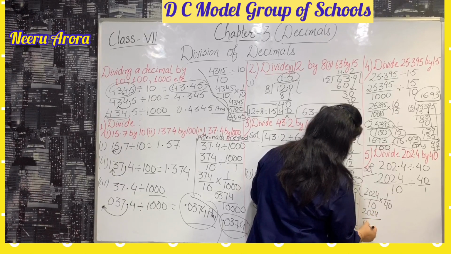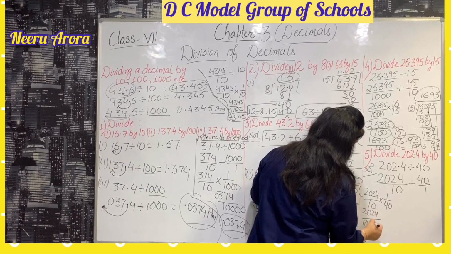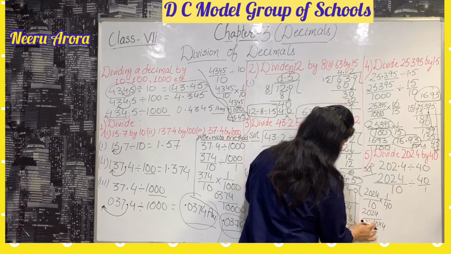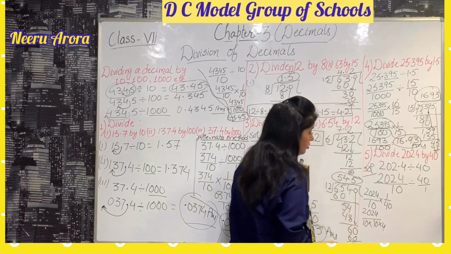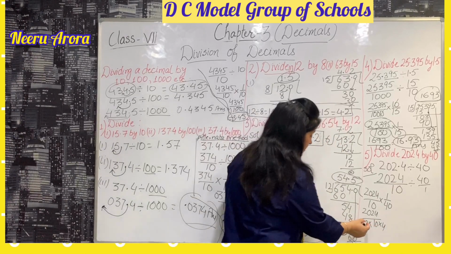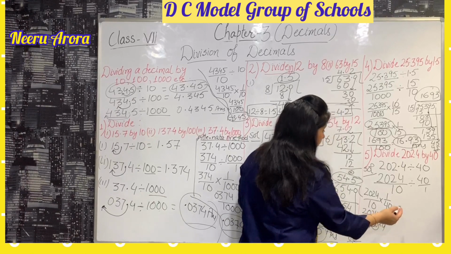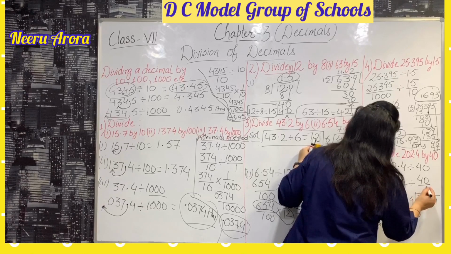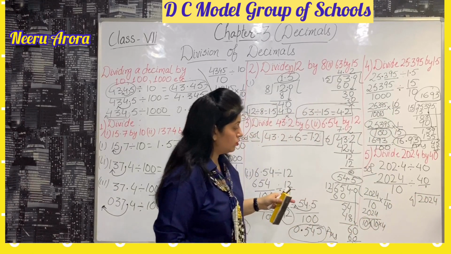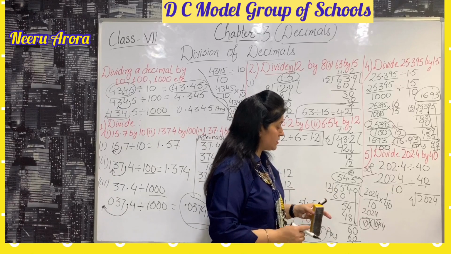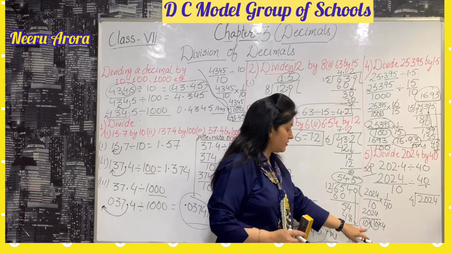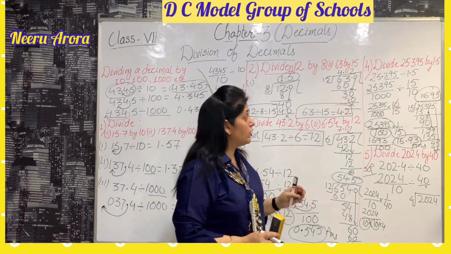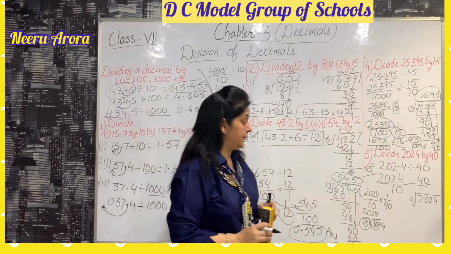So this remains as it is. What we will do? We will write 10 and 4 separately. 10 into 10 we have first. 40 can be written as 10 into 4. So we will not touch this 10 and this 10. We will divide 2024 by 4. In all these division sums, we will avoid these 10, 100, 1000 initially. We will use it at the last. We will not do the cancellation in these sums basically.